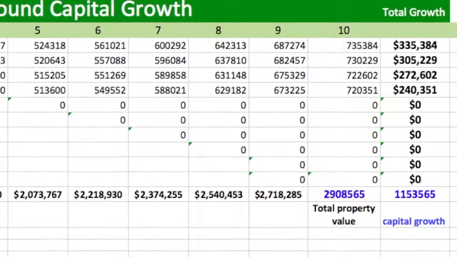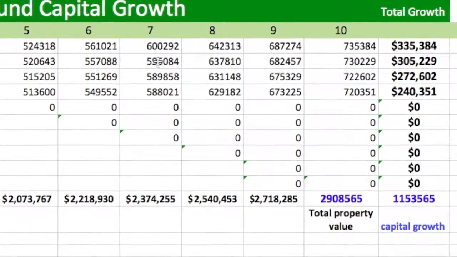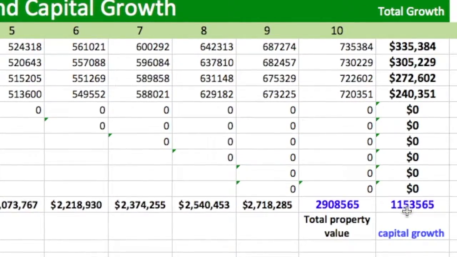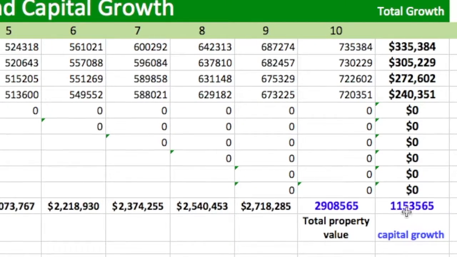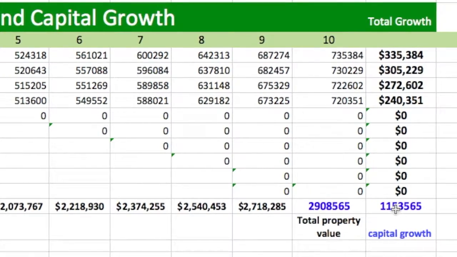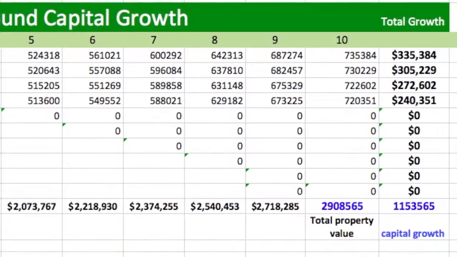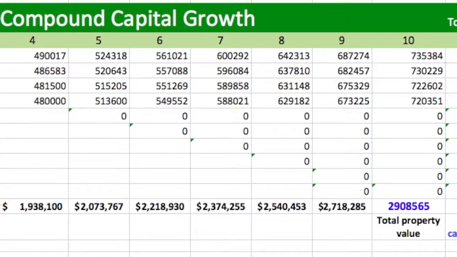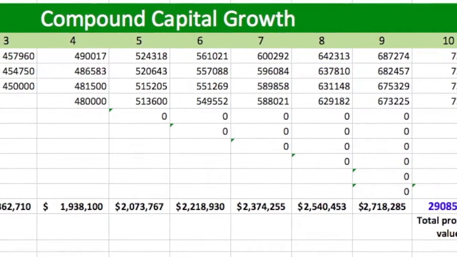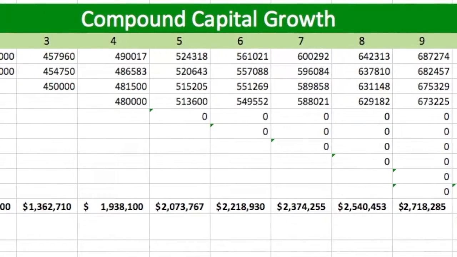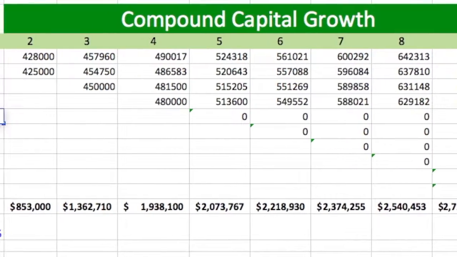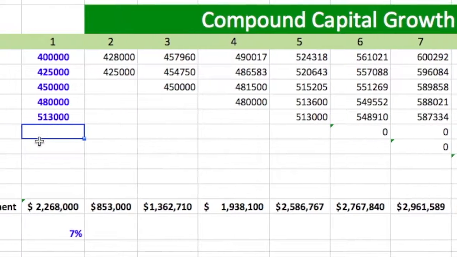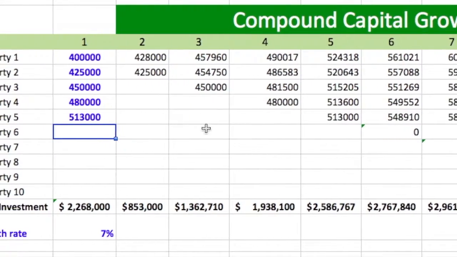Remember, most of this investment is debt at the moment, at the very beginning. But then as capital growth happens, we start making more growth. After 4 properties, holding the first one for 10 years, we've already made 1.1 million. And we can keep playing the scenario out. 513 will be the next price. Keep playing this scenario out for 10 years